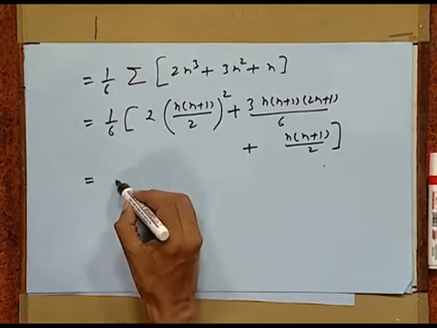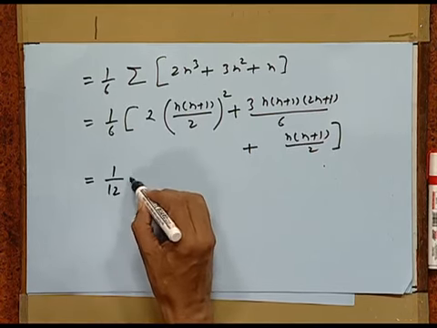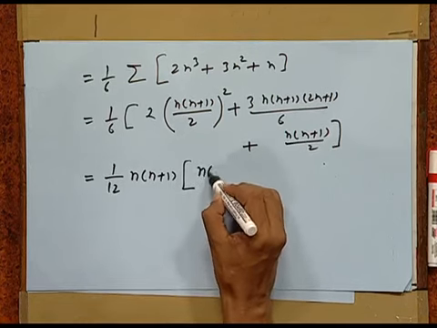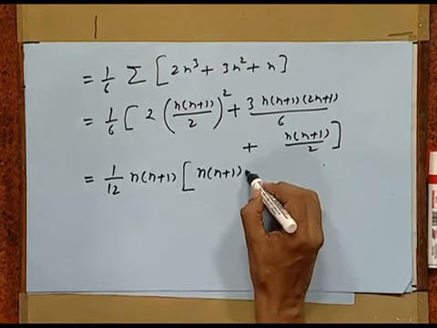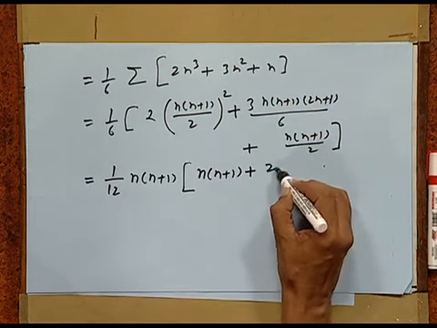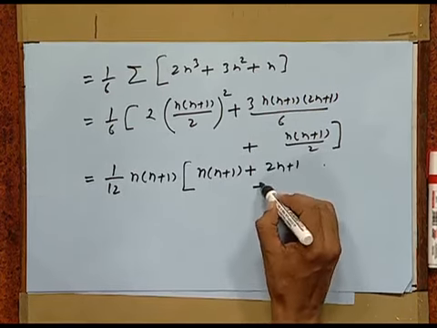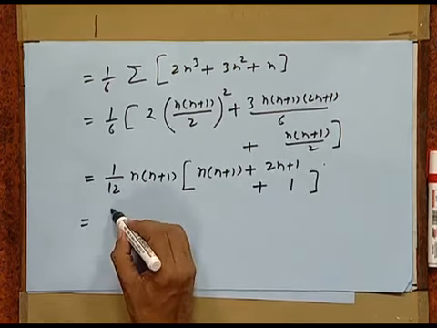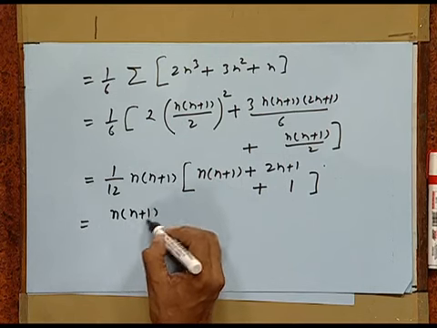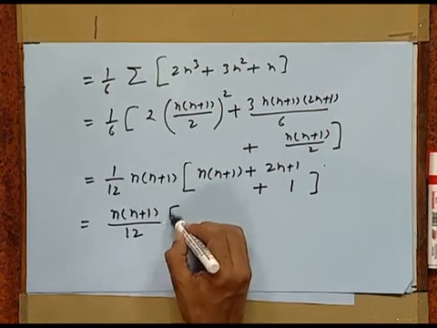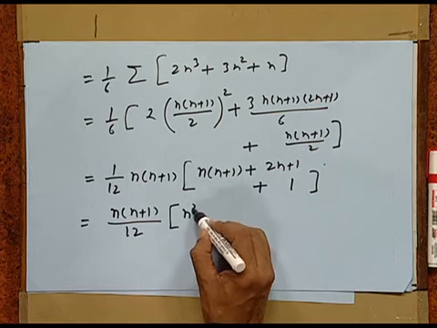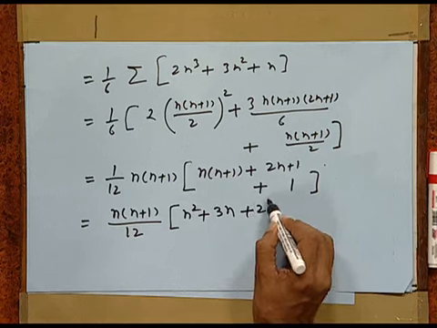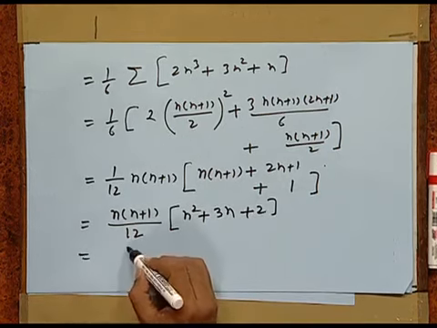This equals 1/12 n times (n+1), [n times (n+1) plus 2n plus 1 plus 1], which equals n times (n+1)/12 times (n square plus 3n plus 2), which equals n times